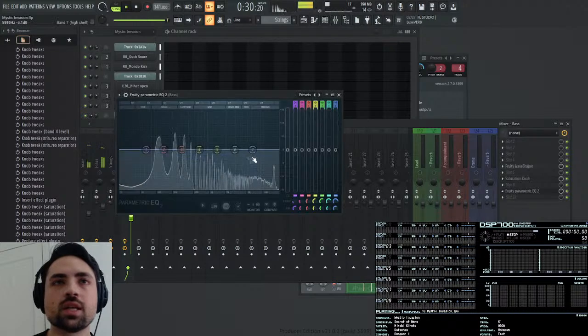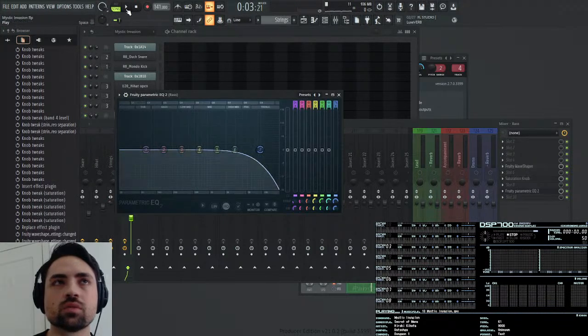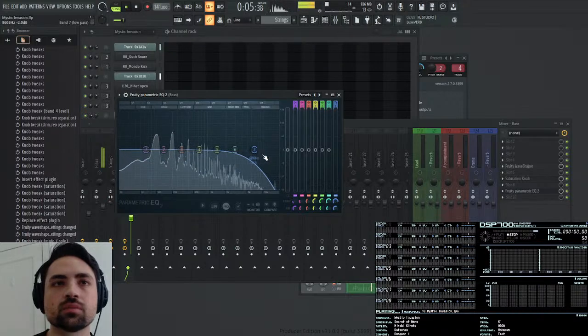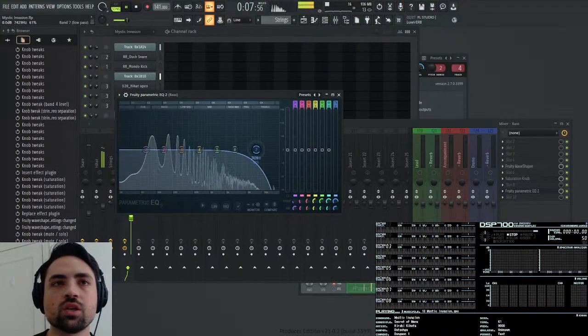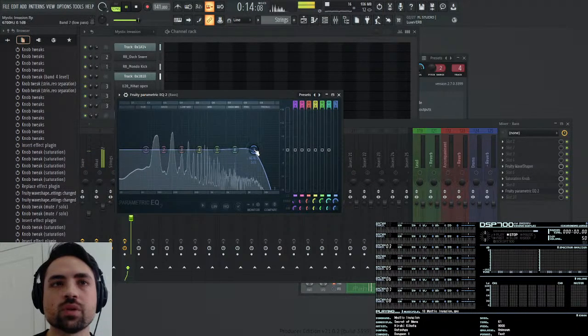And I want to EQ that a bit. There's a big frequency in here. See, there's this high frequency that I want to get rid of. Let me try that. Try a low pass there. Let me take off high Q, high quality, so it tries to cut out just that frequency, really.